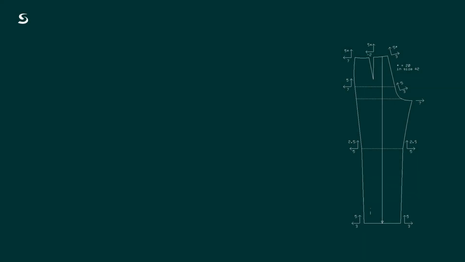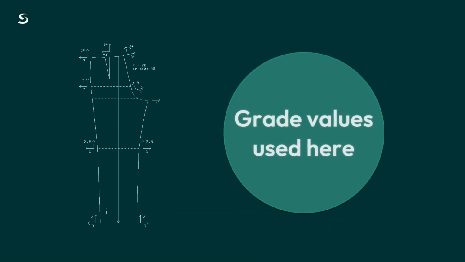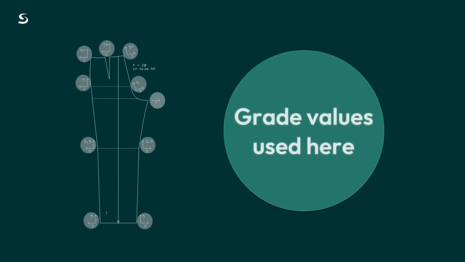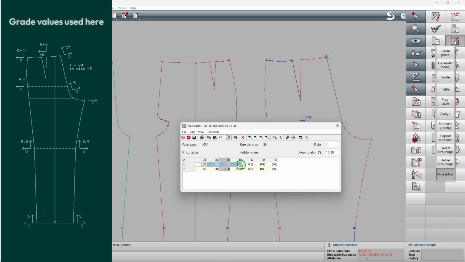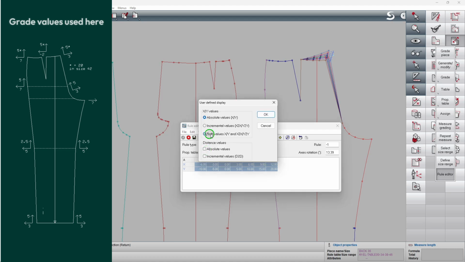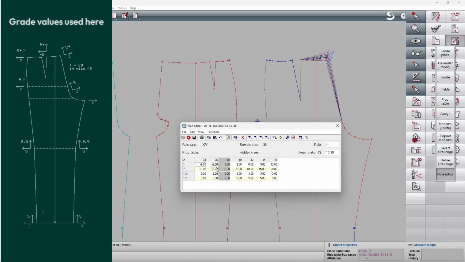The example grade values will be displayed on the left side of the screen to follow it easily. Now select the lines. Press the right mouse button and select Linear Values. Enter the grade values. The grade nest appears immediately. You can change it here if you cannot see it. Our grade rules display absolute and incremental values. You can change it in the view Custom Both Values if you cannot see both. We can also add a nonlinear grading here.